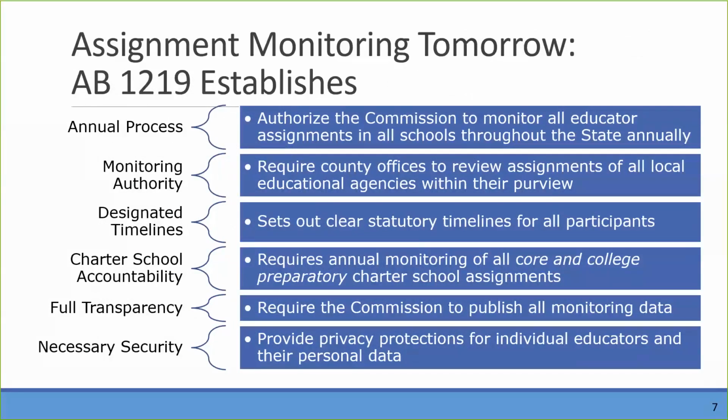And so there were concerns about funding the cost of the new system and the new monitoring process, the new CalSAAS that we're talking about. Well, at the same time, another bill occurred, the budget trailer bill. And the budget trailer bill said, give the commission money to build the new CalSAAS system. So the budget trailer bill passed, but the assembly bill stayed in suspense and died in suspense. So we got the money to build the new assignment monitoring system, but we didn't have the assembly bill to change the monitoring from quarterly to annual monitoring.